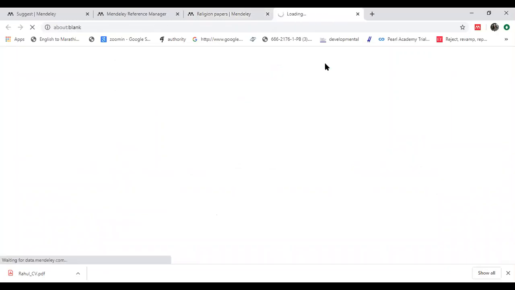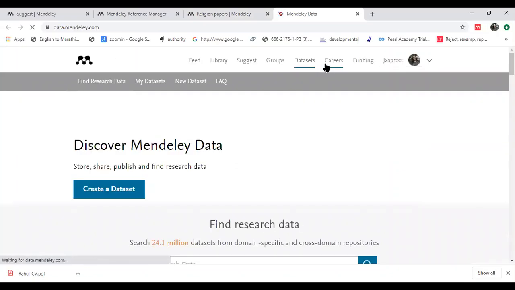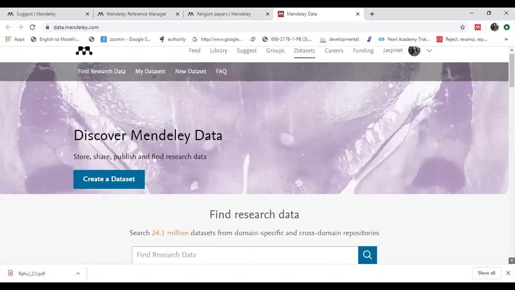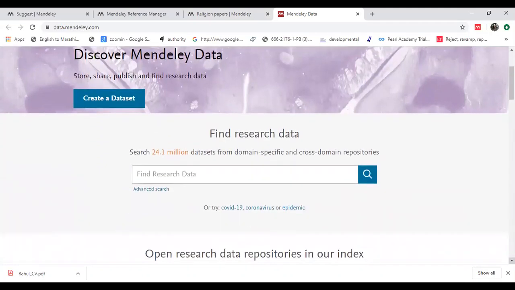Data set includes, let it open. Data set includes the Mendeley data set. Okay, now see what it says. It says there are some 24.1 million data sets in Mendeley, which Mendeley is maintaining. You can search your data over here.